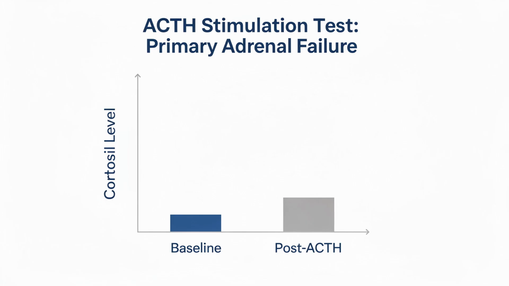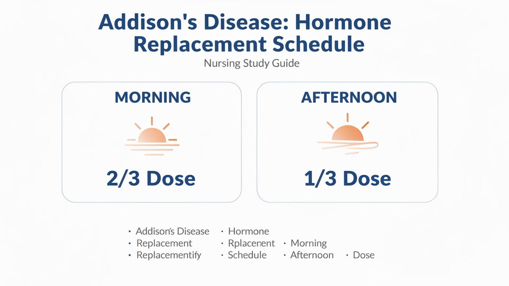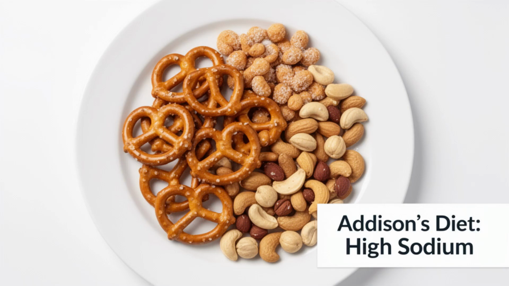In primary failure, the adrenal glands are simply unable to respond to the ACTH signal, regardless of how much stimulation they receive. Management requires lifelong hormone replacement. Glucocorticoids are given in divided doses to mimic the body's natural rhythm, 2/3 in the morning and 1/3 in the afternoon. Unlike most patients, those with Addison's may need a high-sodium diet, especially during hot weather or strenuous exercise, to